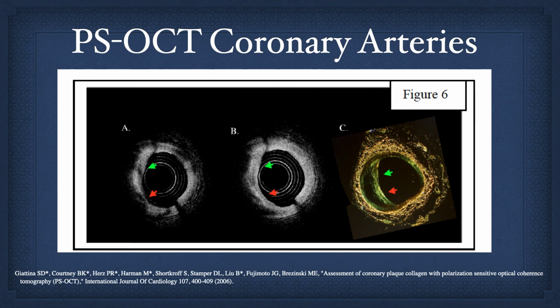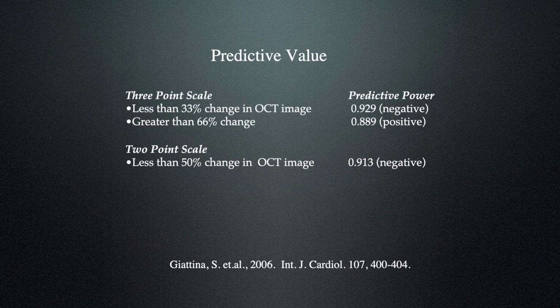But this is not proving the hypothesis yet. You need blinded readers, and you do all your great statistics. We had 3-point scales and 2-point scales that showed statistically significant correspondence between blinded readers. And we can get more complicated. We're not going to get more complicated for this talk, but